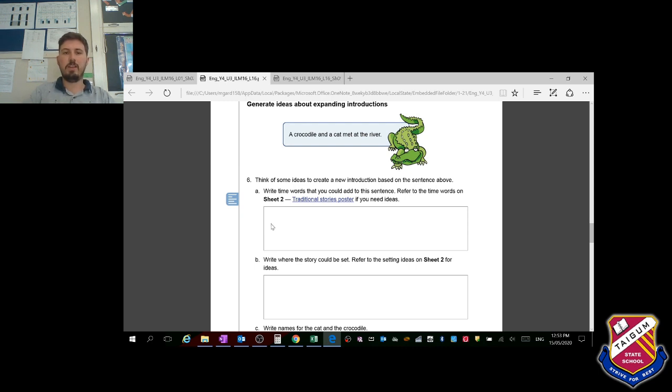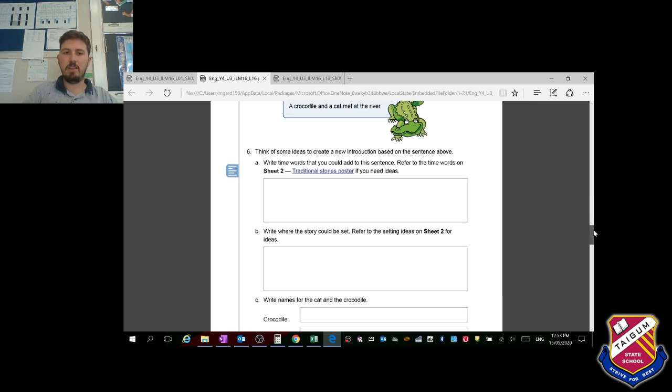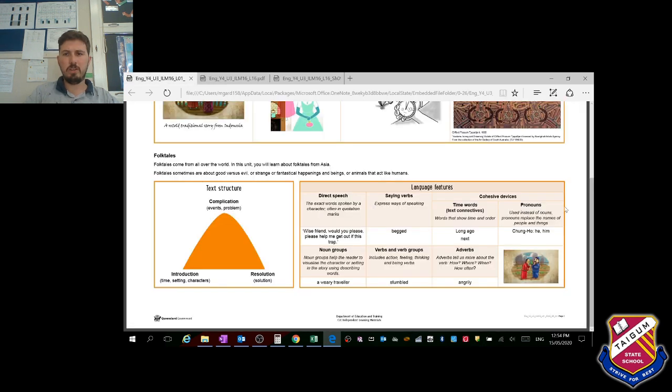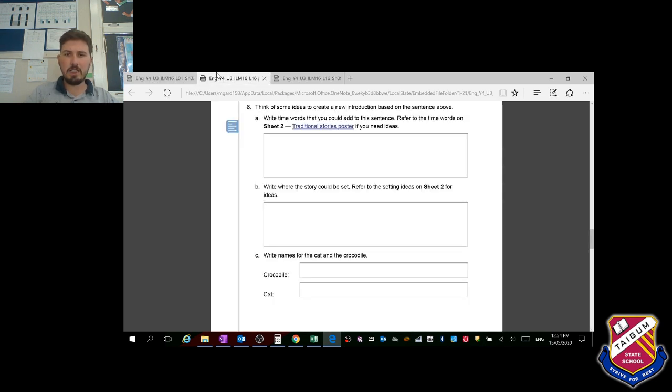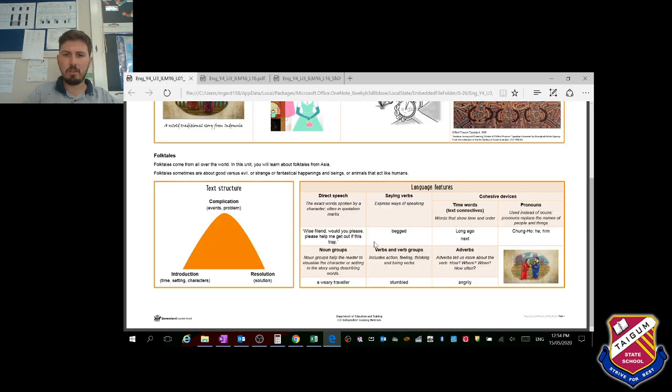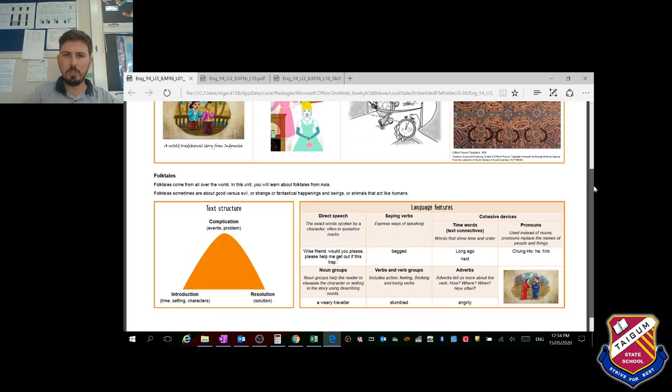So you might have written, long, long ago, a crocodile and a cat met at the river. So we've expanded that sentence now. Let's expand it even more. Where could this story be set? Refer to some of the ideas for setting, which could be